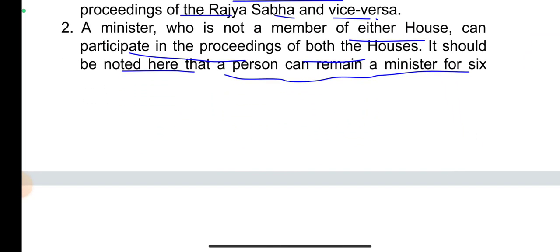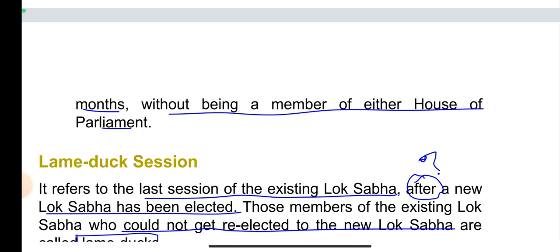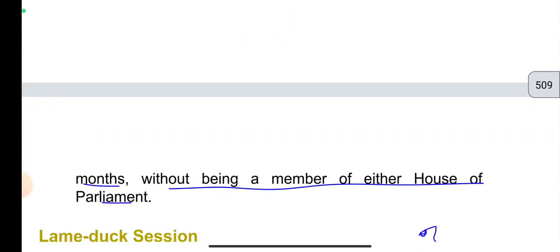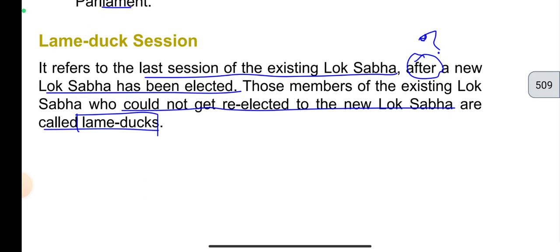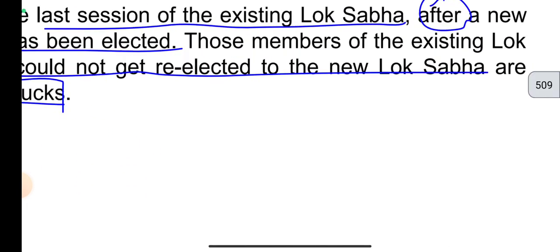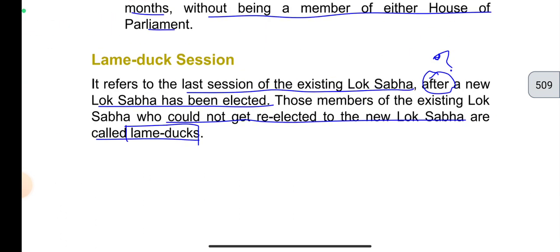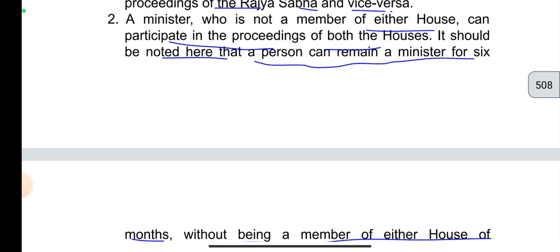It should be noted here that a person can remain a minister for 6 months without being a member of either house of Parliament. मेंबर ना भी हो तब भी वो पार्टिसिपेट कर सकते, बट ये ध्यान रखना होगा कि 6 महीने के बाद उसको एक किसी हाउस का मेंबर बनना पड़ेगा, तब ठीक है। मतलब आप जाके बैठ सकते हो क्या पार्लियामेंट में? A minister who is not a member, तो मिनिस्टर ही बैठ सकते सिर्फ, है ना।